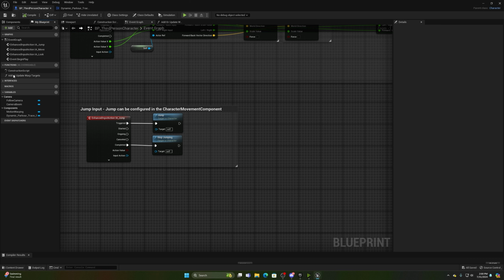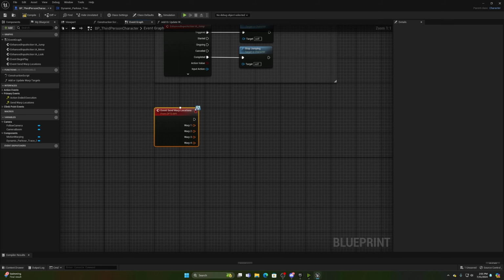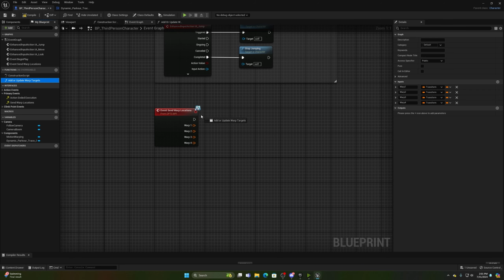Now, once you have your function set up here, we need to make sure it has locations and an execution. So you'll see interfaces here under your My Blueprint section. This is coming from the Dynamic Parkour Trace System Blueprint Interface, or DPTS_BPI, that we added earlier in the steps. Now, from here, we're going to look under the primary events, and you're going to see send warp locations. So we're just going to double click on this to add the event in, and then we're going to take our add or update warp target function, and we're going to plug this in just like so with warp 1,